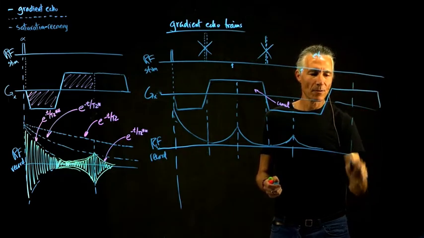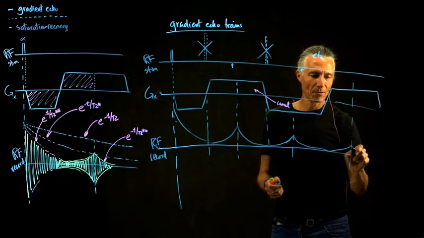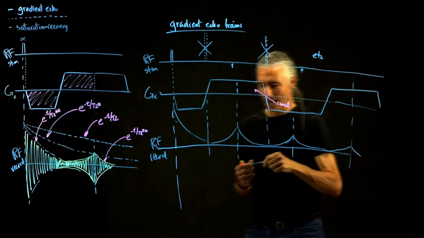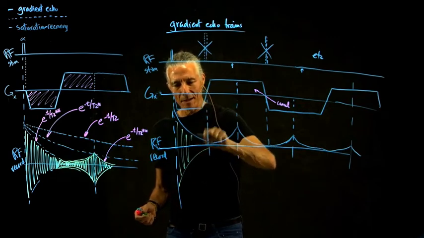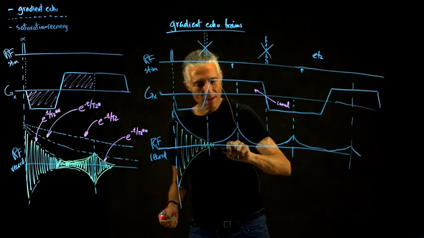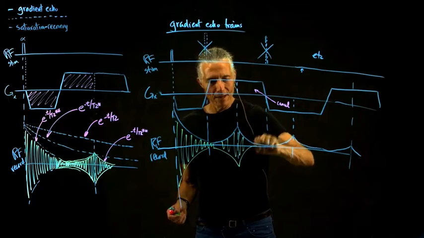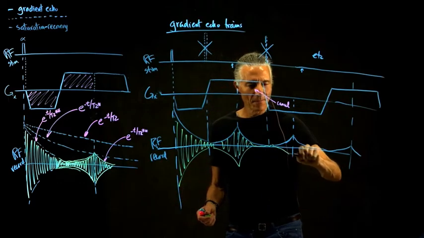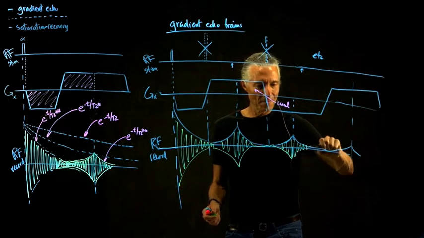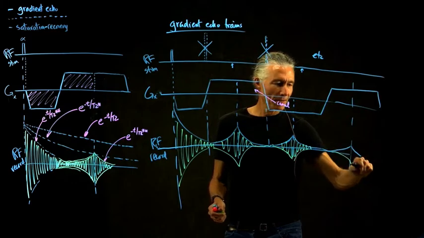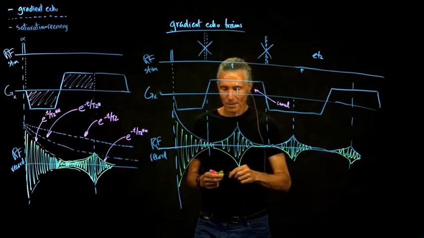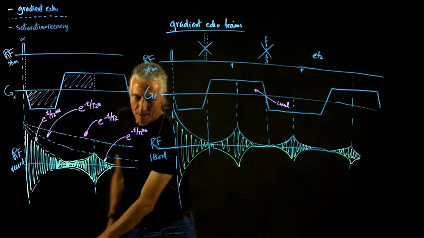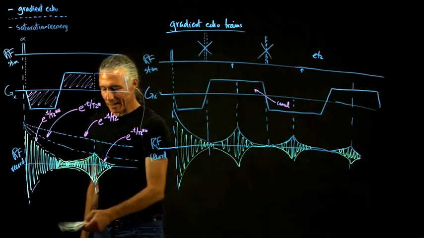So then right over here, you'll expect there'll be another little echo. So they'll get smaller and smaller over time. So, at the beginning, they're really big, and then they get smaller, and then they get big again, and then they get smaller, and a little bit smaller this time. And smaller this time. So you can do a long train, a train of echoes, and that's exactly what's